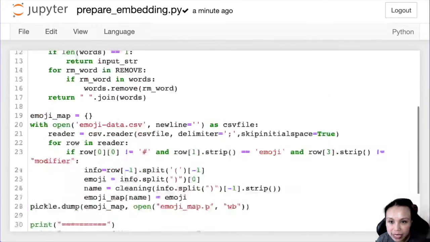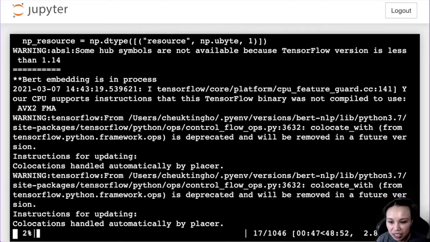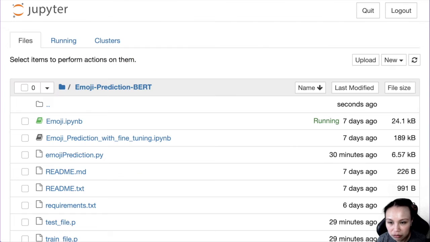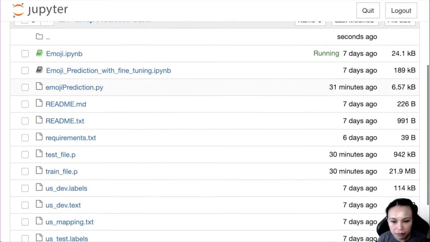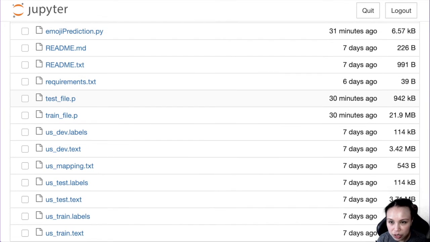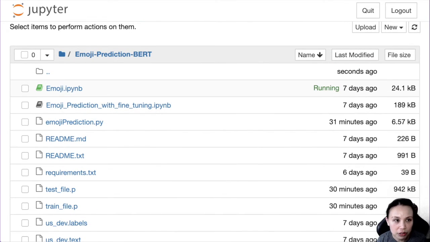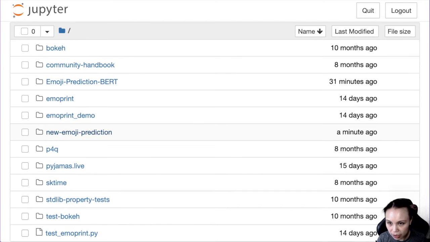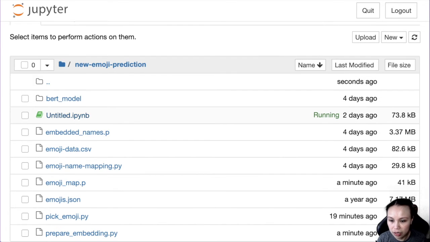What I am gonna do now is, right. Okay, so let's have a look at the new emoji dataset. So I think I'm doing some testing.